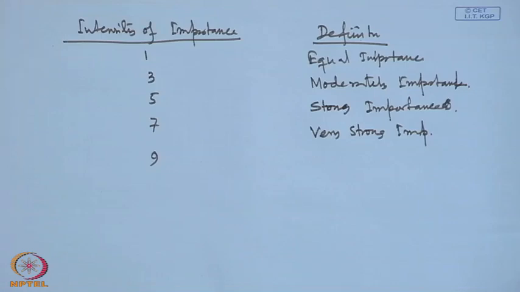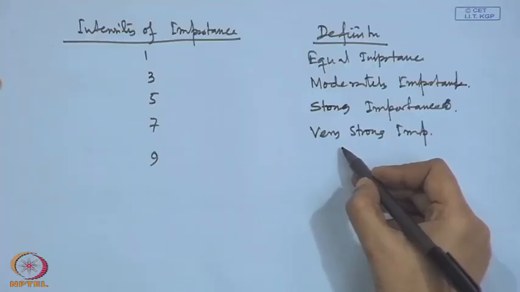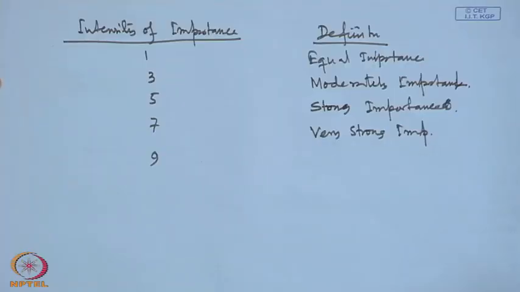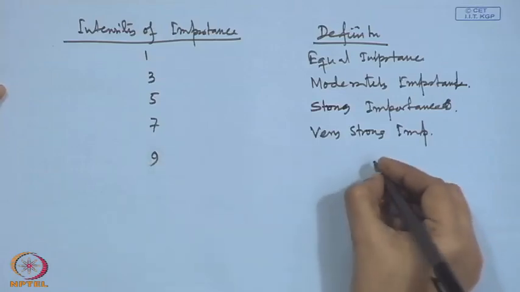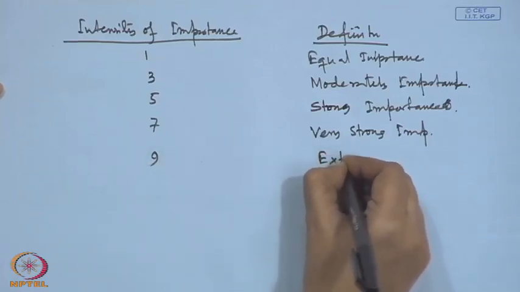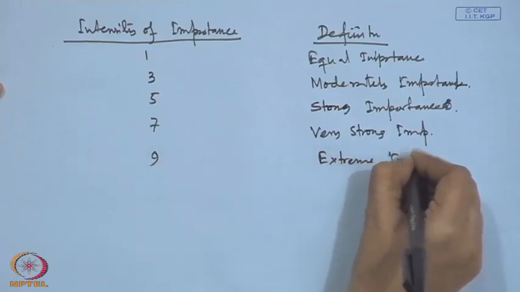Now, whatever intensity of importance measure we are considering, that totally comes out of decision makers' knowledge, decision makers' own judgment. As I said, this process considers the decision makers' perception in each stage very seriously. That is why we are considering the decision makers' perception regarding the importance of one alternative with respect to the other alternative in this way. 9 refers to the case extreme important,